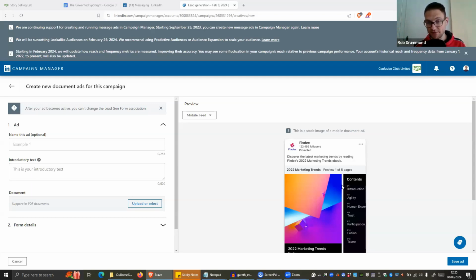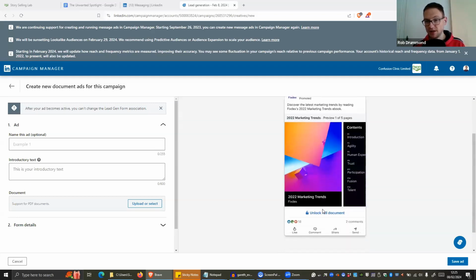And then perhaps I've got a PDF here that I just give them a 1 or 2 page preview of. When it says unlock full document, that goes to a LinkedIn hosted lead form. So again, this can work quite well. The other reason that I like this is that you don't actually need any imagery for the ads.